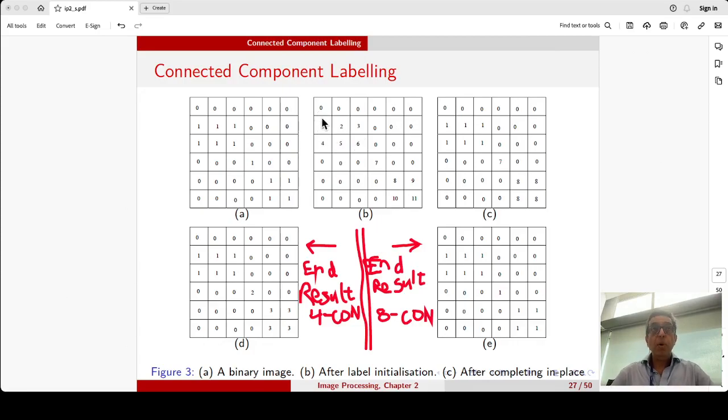Once we've assigned a unique label, again going left to right, which is why these values are increasing 1, 2, 3, then 4, 5, 6, 7, 8, 9, 10, 11. That's why they're increasing this way, because we're going top left, bottom right in a raster fashion. The next step is to